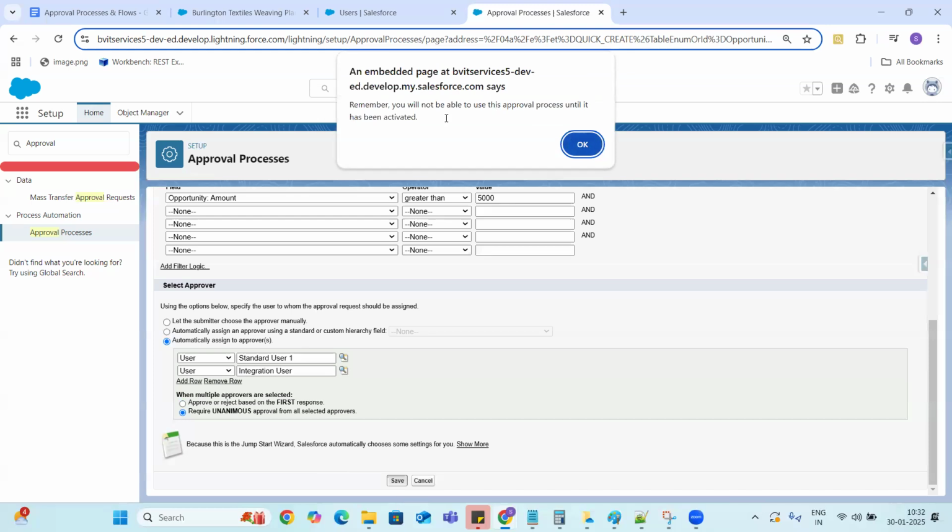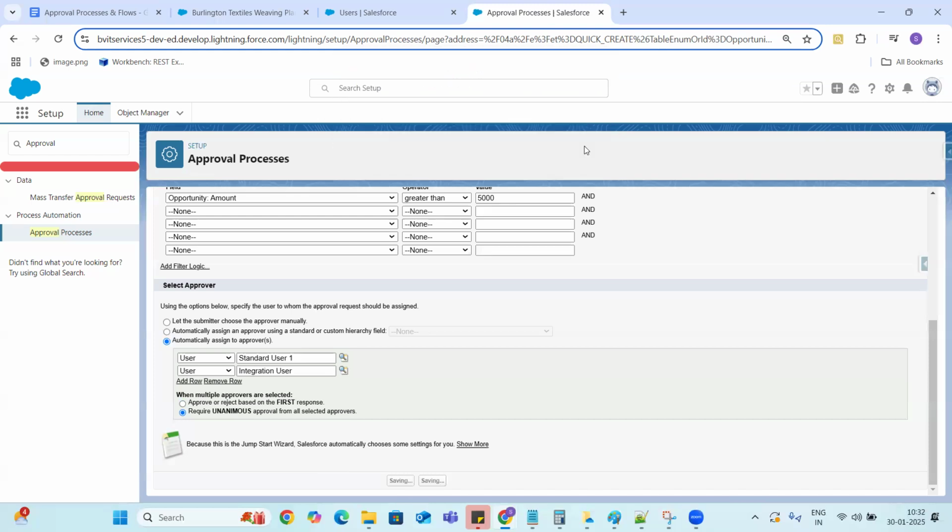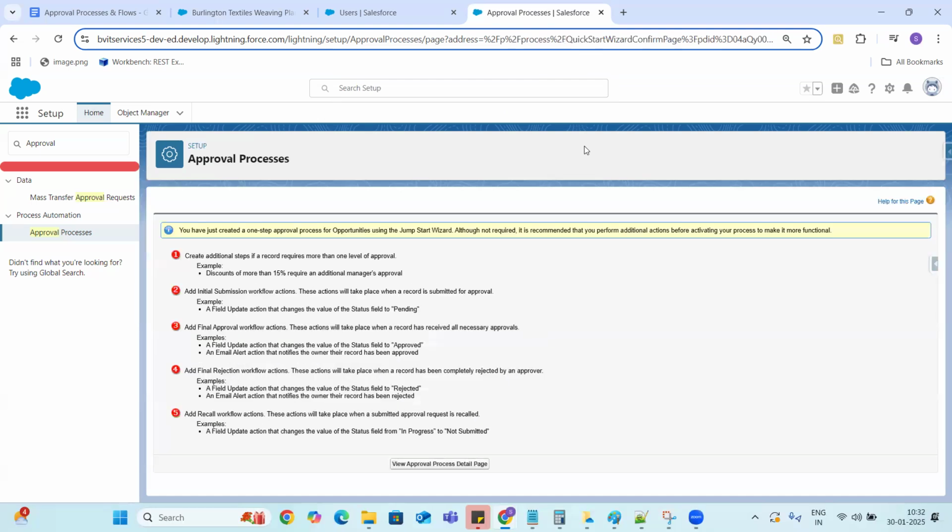So they are just saying you cannot use this approval process until you activate it. Okay. They are also telling us we just created the approval process, and we can configure additional steps.